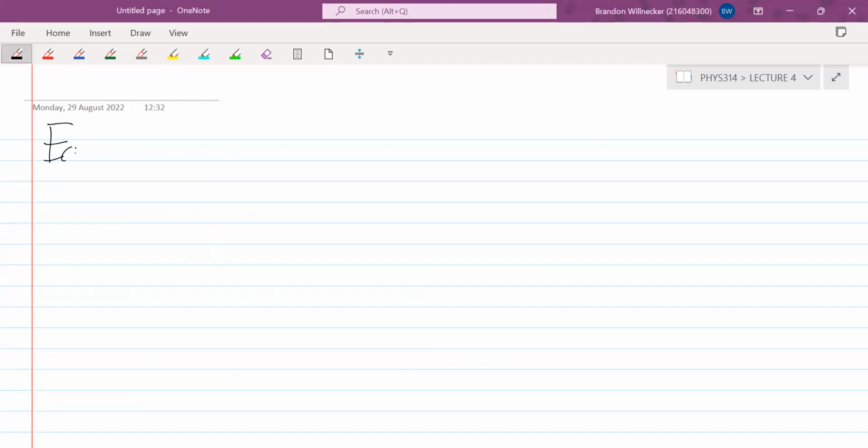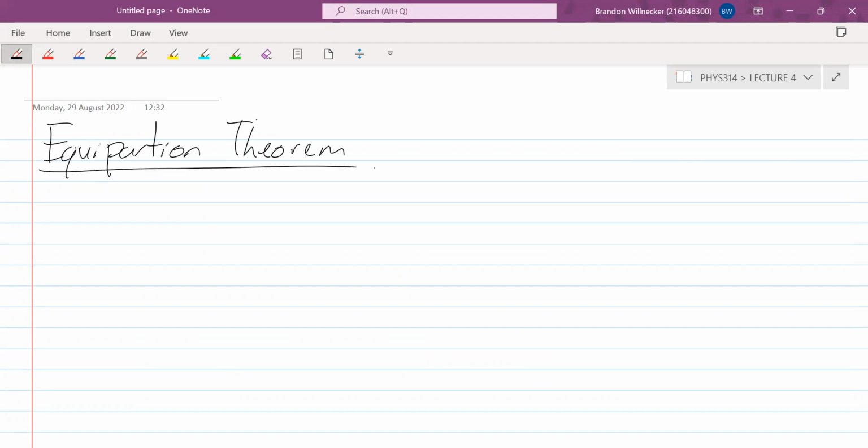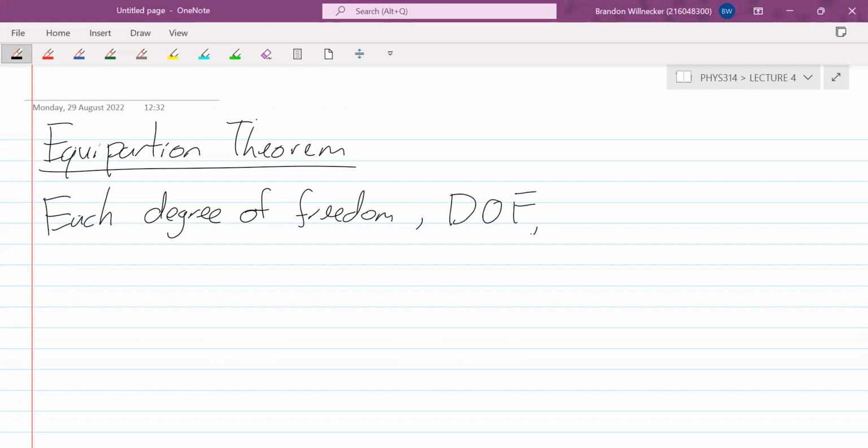So the equipartition theorem says that each degree of freedom, sometimes abbreviated as DOF, of a system